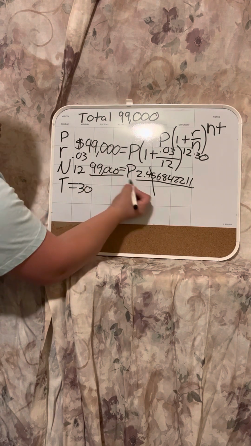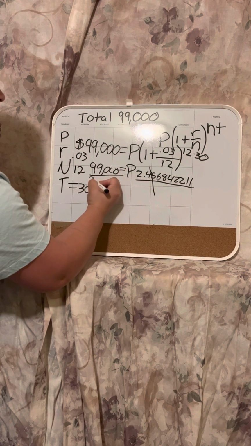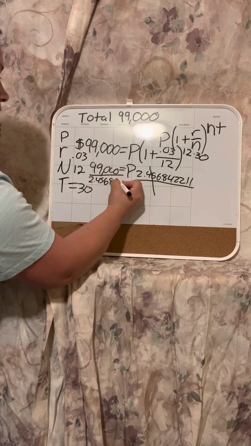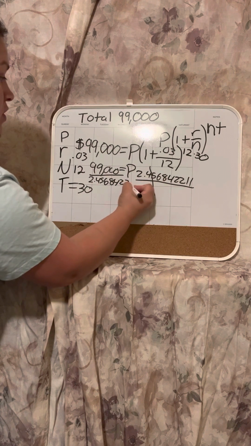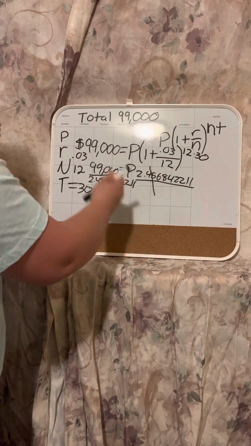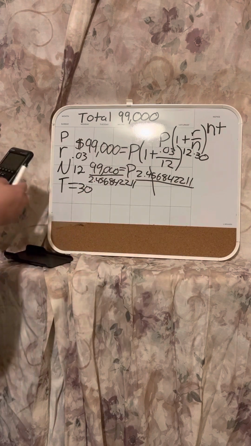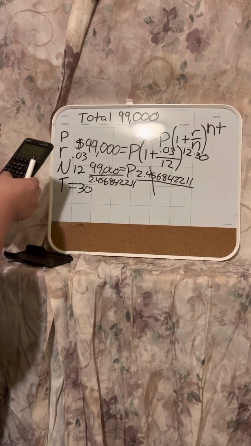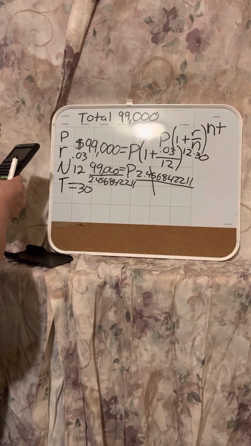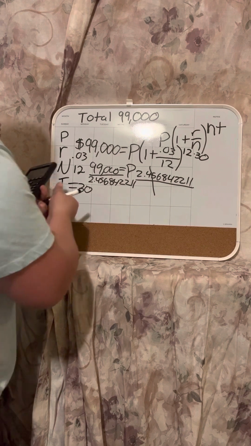So we're going to divide 99,000 by 2.456842211, and we're going to make sure not to round anything until we have our final answer, as it would throw the calculations off. So I have 99,000 divided by 2.456842211 equals, and it gives me